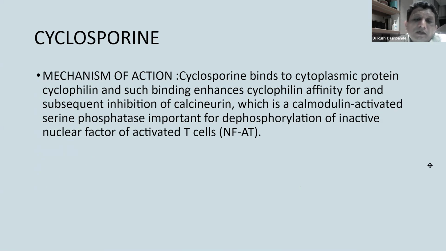What does calcineurin do? It is a serine protease. It is responsible for converting NFAT to the active form. NFAT is nuclear factor of activated T cells. When it is converted to the active form, it is responsible for synthesizing mRNA and causing the T cell response. The activation is by phosphorylation. If you inhibit the phosphorylation, NFAT is not active, and the T cell is not proliferating. So that is what cyclosporin does: it blocks calcineurin and prevents activation of NFAT to active NFAT.